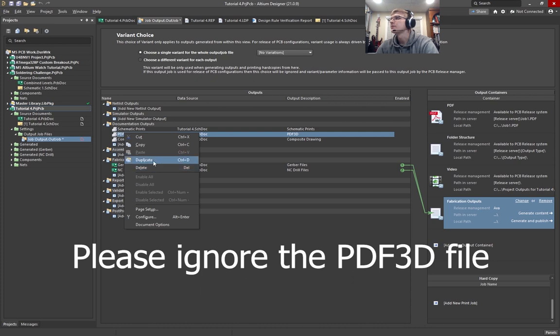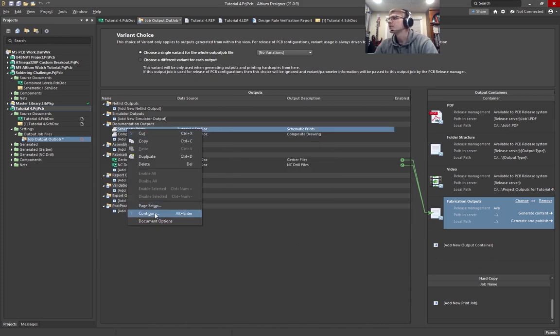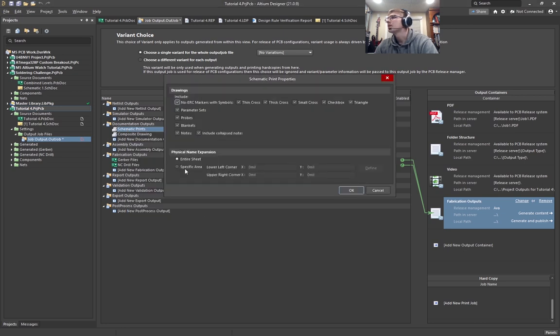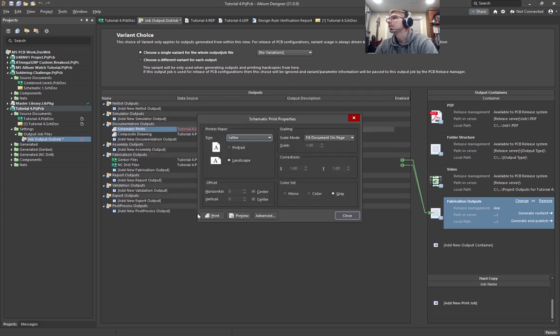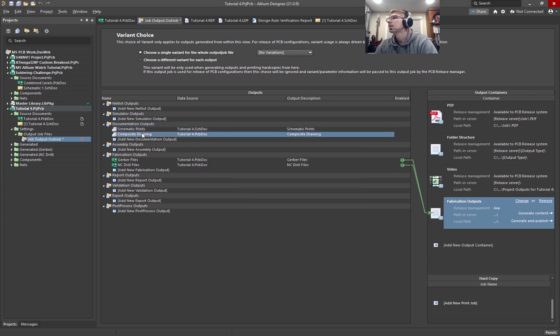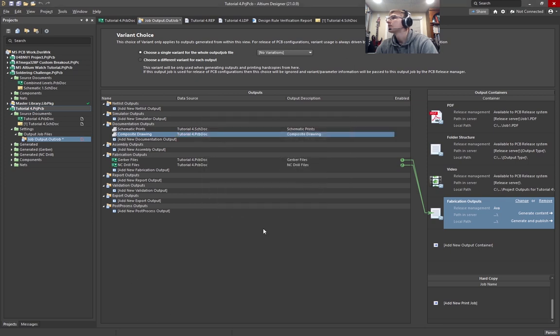Let's get rid of this. I can hit delete. If I right click on this, I can go to configure, and you can see I have some options for how it draws the schematic. The other thing I want to do is page setup, and I want to go to color. Okay, and the same thing here, page setup, I want color. Close. Okay, now let's regenerate this content,